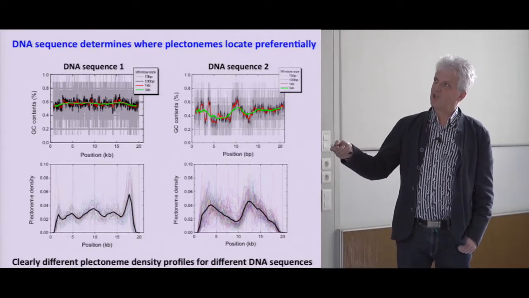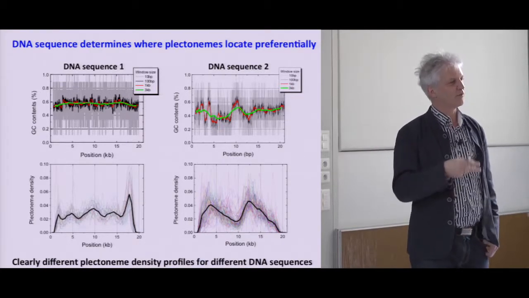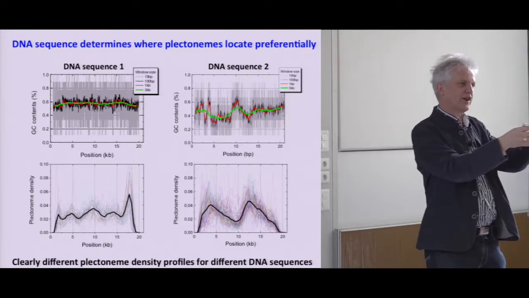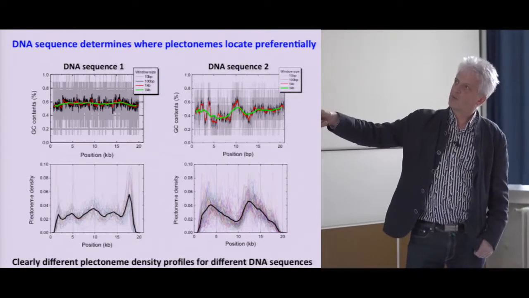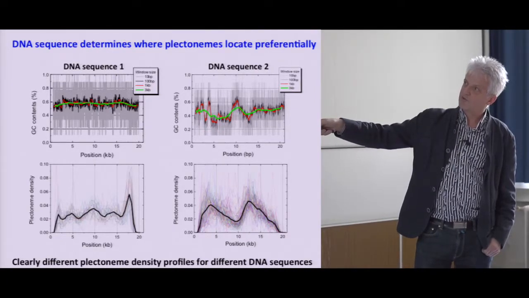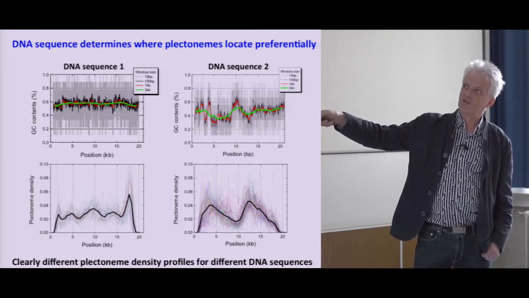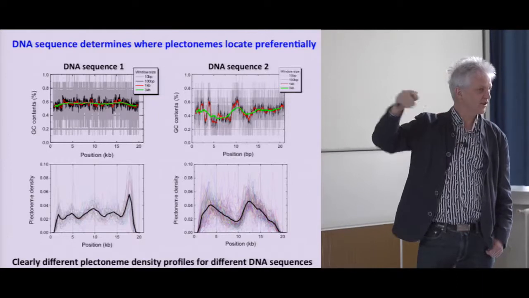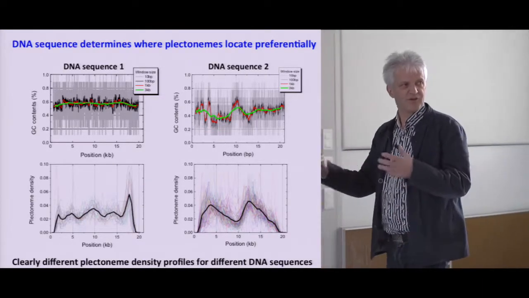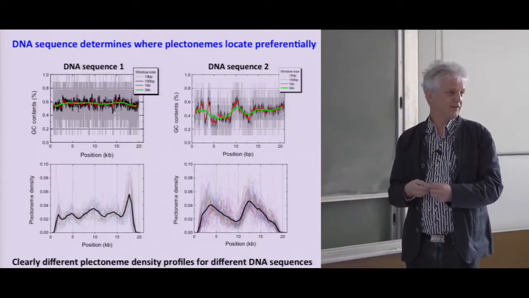Here you see a typical DNA molecule. What I plotted here is the GC content. As you know, the DNA is built from GC and AT base pairs, so some areas have more GC on average, and other areas have more AT on average. On a typical molecule that fluctuates quite a bit, and you see a certain profile of the plectonemes. And here we engineered a molecule which has a relatively low fluctuation in the GC content. Well, and we find something else. So the first thing to note is that different DNA profiles give you different densities,